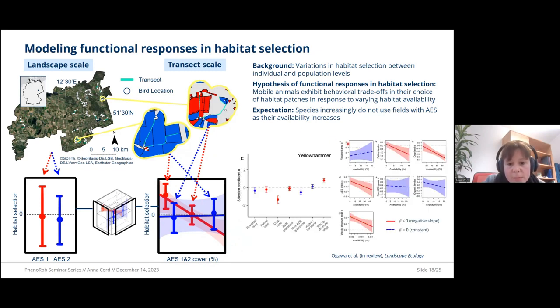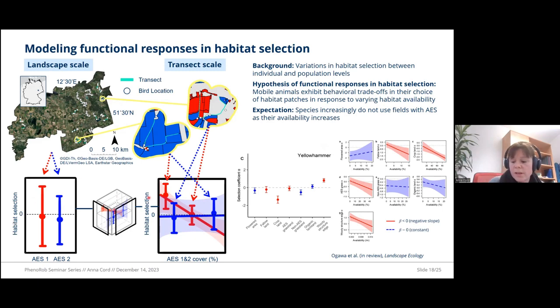And so, yeah, we're in the process of analyzing these data for different species. This is an example for the yellowhammer in our case study region, and we really see this effect. This is a novel idea to apply this to agro-environmental schemes, which has not been done yet. Let's see how it works, but it could really be an interesting explanation of why we see these different effects